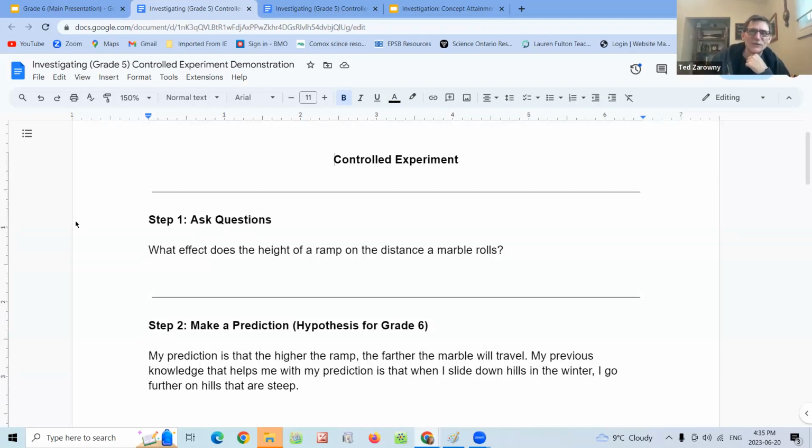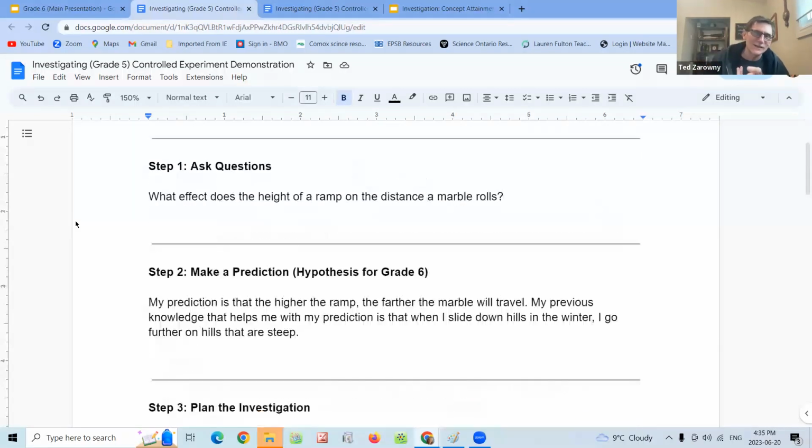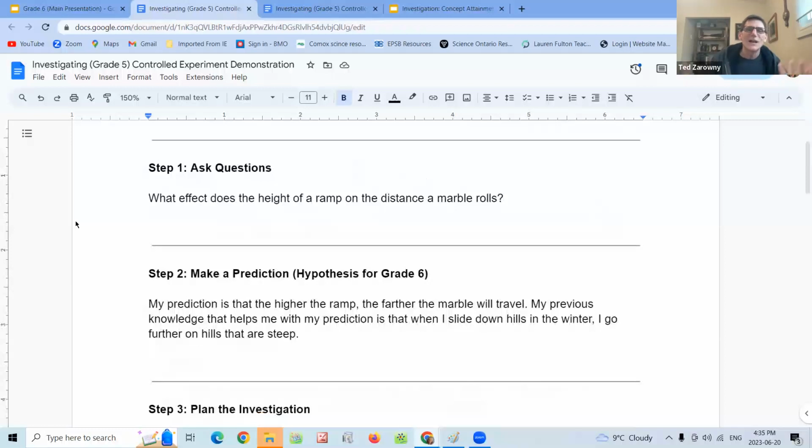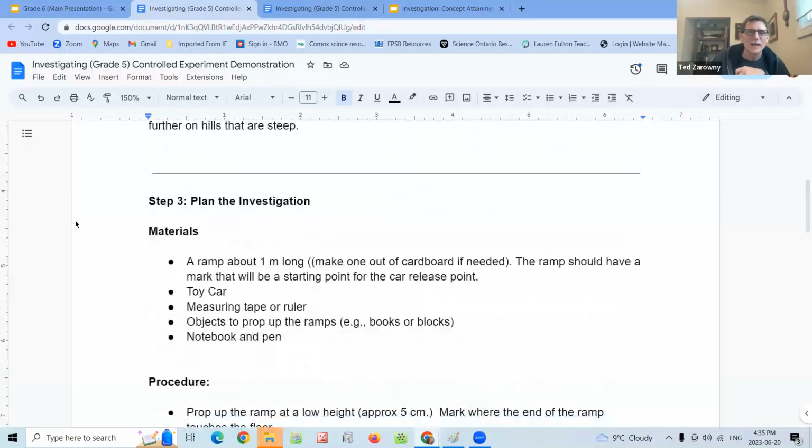And it should say instead of marble, it should be a little car, I think is what it was, and I'll change that a little bit later because I changed it from marble to car partway through, but I didn't change it in the upper part. I'll make that correction. So it's a very simple procedure to introduce that to kids. Once they know what a hypothesis and a prediction is, once they know what investigation is, once they know what a conclusion is, then we can put it all together and say, well, here are the steps in an investigation.